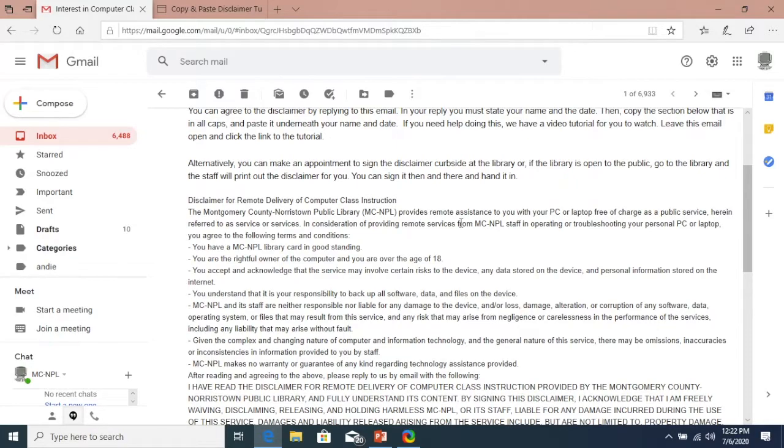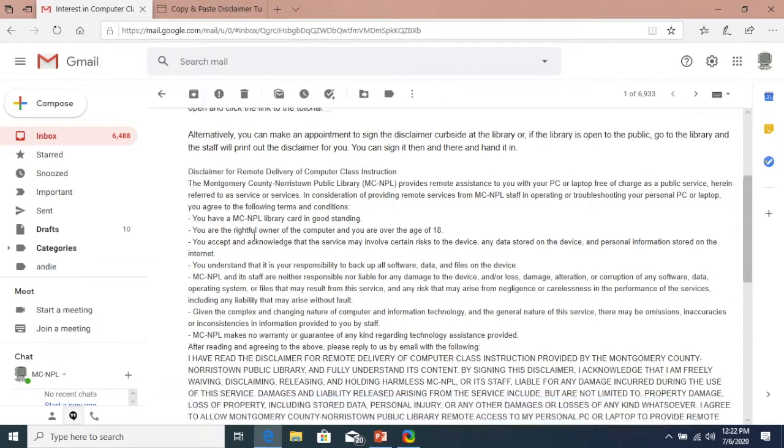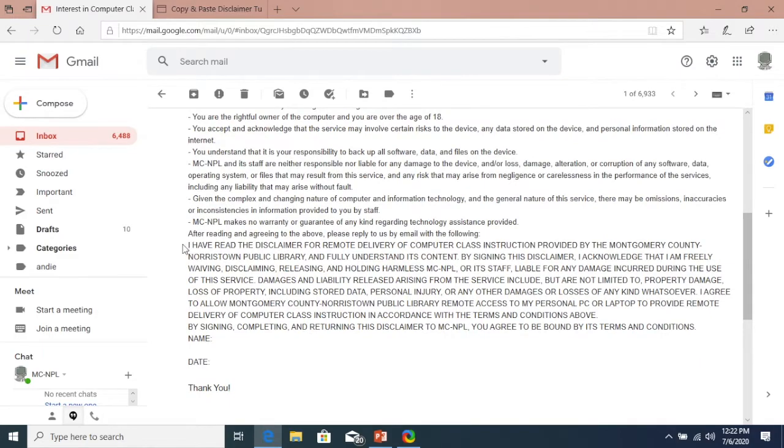Now that we are in the correct email, find the end portion of the disclaimer text that is in all caps, which we can see begins here. Move your cursor to the top of the agreement statement in all caps. Now, keeping the cursor focused, left-click down on the mouse and hold it down, while we drag the cursor to the bottom of the disclaimer text.